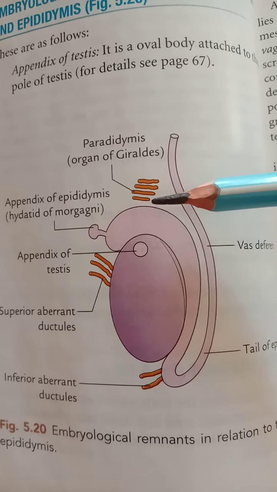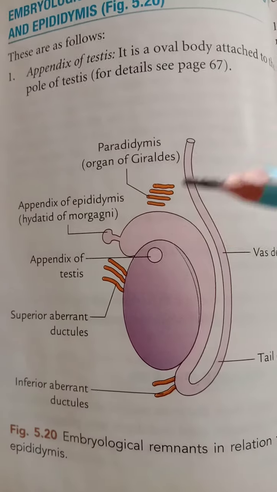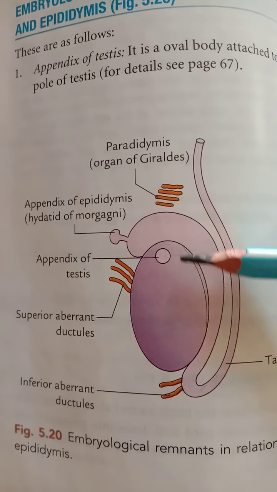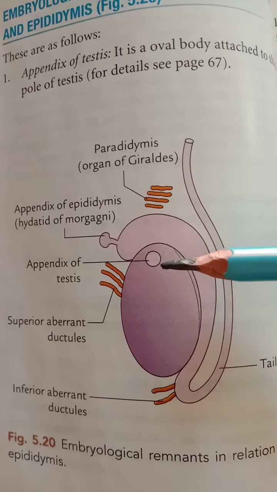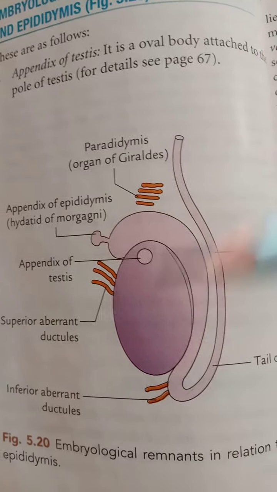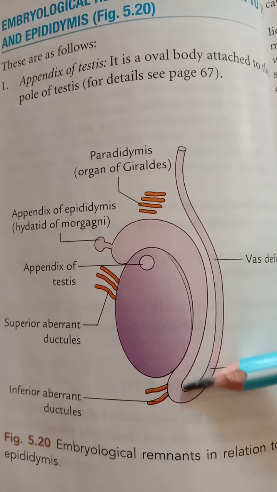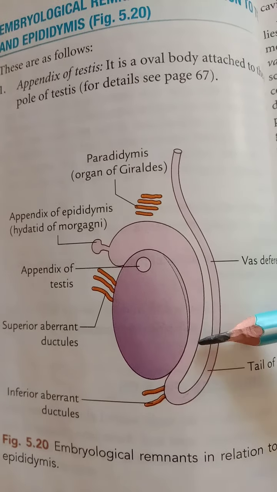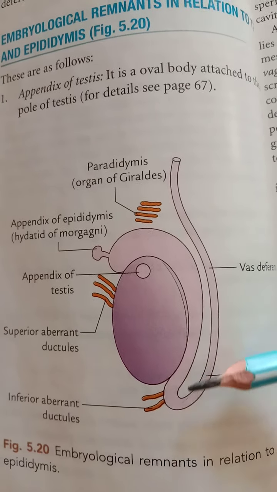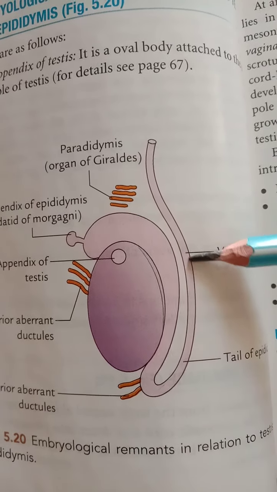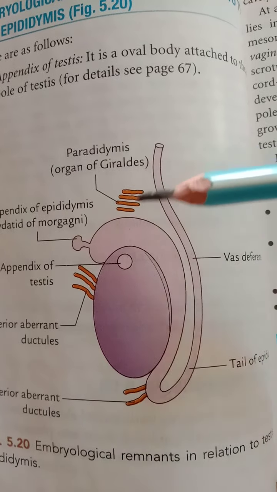It is the uppermost expanded part and it is connected to the upper pole of the testis by the efferent ductules. So here the ductules are present, which are called the efferent ductules, and it consists of highly coiled efferent ductules. Then the body, or the middle part, and the tail, or the lower part, are made up of a single coiled duct of the epididymis, which emerges from the tail as the vas deferens, or it continues as the vas deferens.